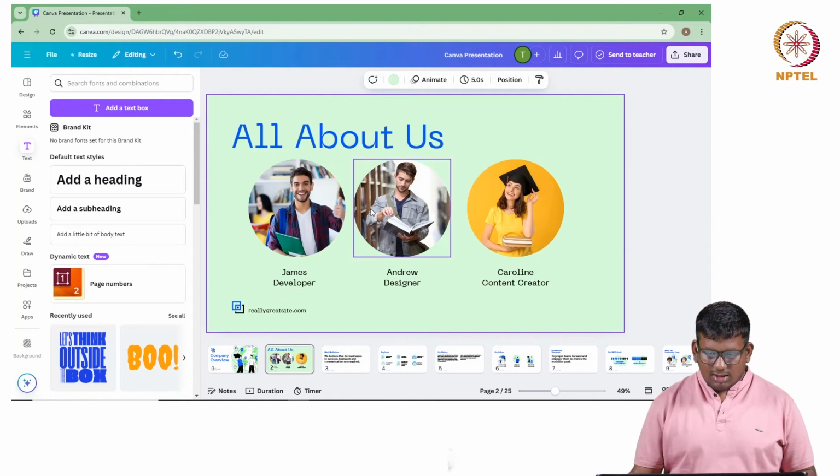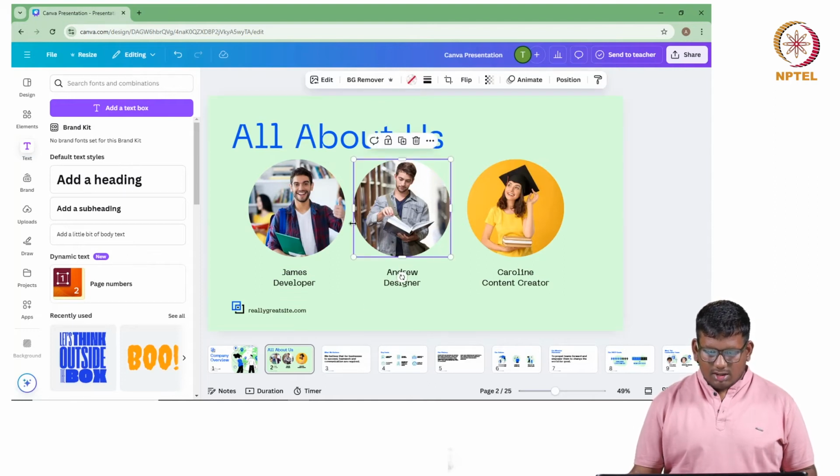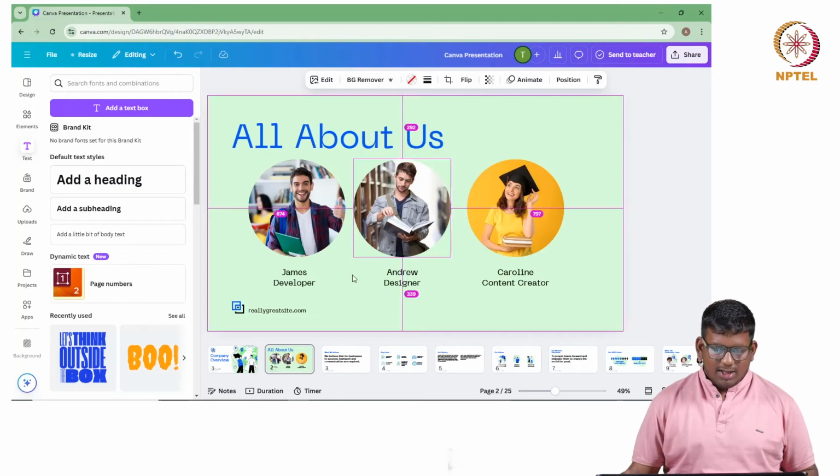Now you can see that the middle one is a little bit aligned to the left and not at center. So when you're working with this, as you can see, this image is a little bit off center. In order to move it to center, you need to understand where the center is. So click the image and press Alt. You can see the scalings, like dimensions around it. So you can just get it to center.